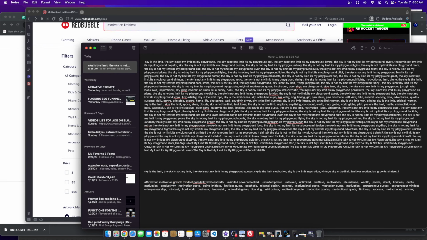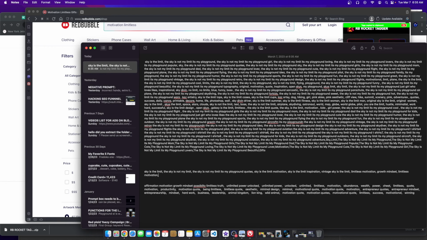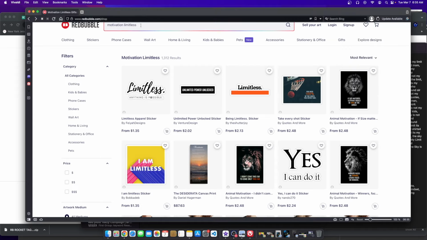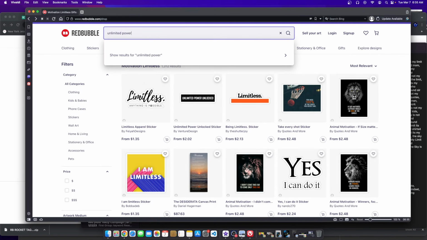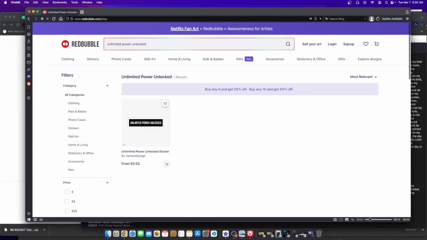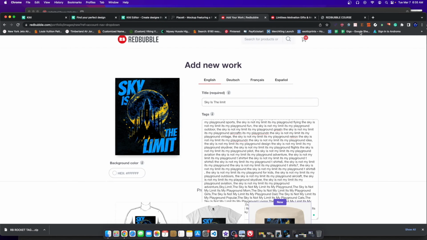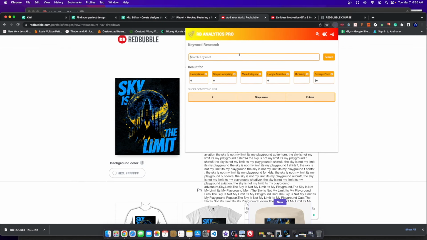I have limitless, right? Motivation, okay? That's another keyword. Here I have unlimited power unlocked. Epic keyword. If I search for unlimited power unlocked here, look how low competition that is. That's low competition. Now, if I go on my other tool and search for the unlimited